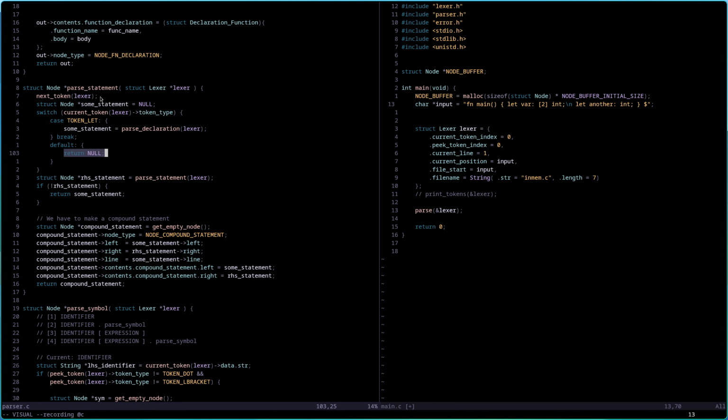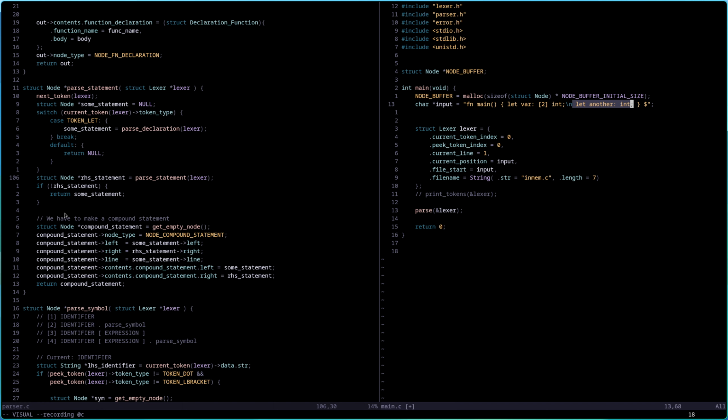Then we are going to pop return here, and we are here for the second time. So after we try to pass something after this, it's going to be null, so we're just going to return the first statement, so this statement. Then the first time when I called it on this let statement, this right hand side statement is going to return this declaration, or whatever is going to get returned in here.